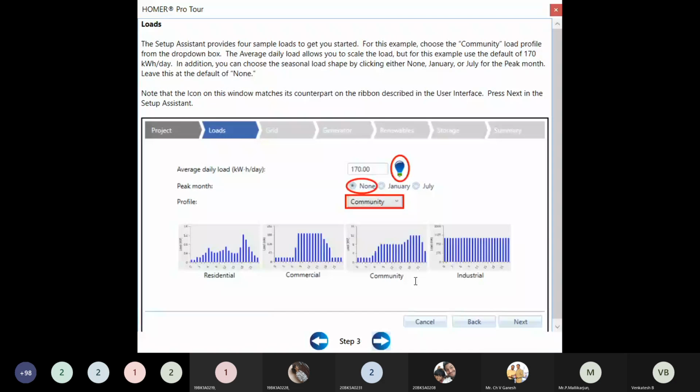Step 4 still has not come, sir. No, sir, still step 3 only. Still you are in step 3 only.